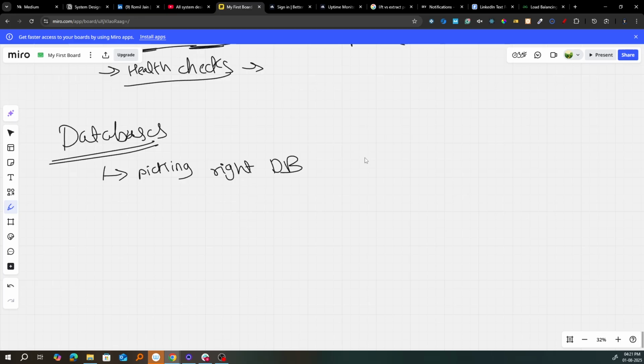If you don't pick the right database, your system can perform very poorly, and it can affect your scalability and the overall success of the system. Some of the key reasons why it's important to pick the right DB include, of course, performance. If you want good performance, if you want it to be scalable, right?